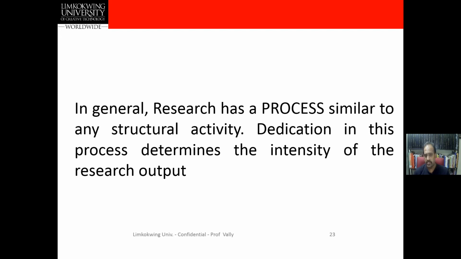I always tell my students, do not worry about the result if your process is excellent. If your process is excellent, your result will be excellent. Do not worry about your recommendation and what outcome your research will have. If your process is clear, diligent, and meticulously done, your outcome should be really great. So we will focus on the process, that is, the steps in research.